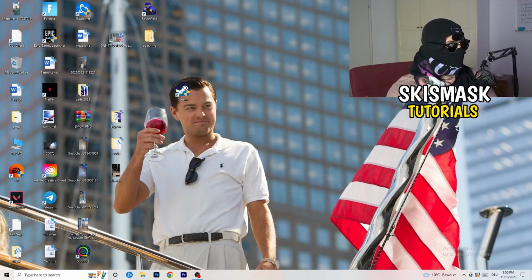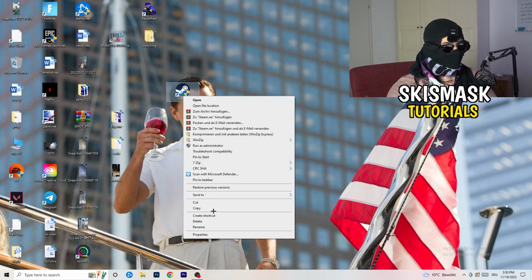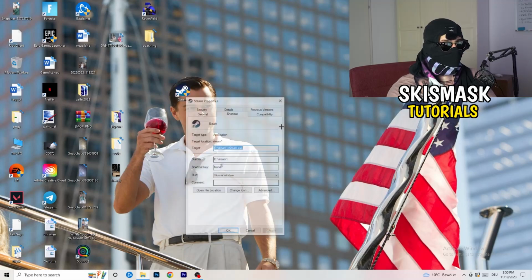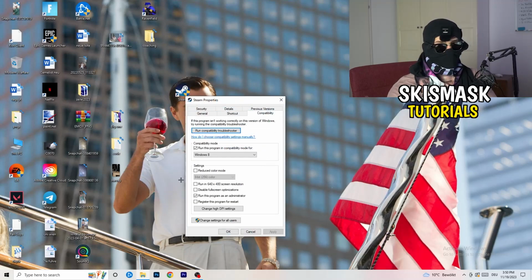If it doesn't, take your in-game shortcut on your desktop if you have one and do the same thing to it. So right click, run as administrator, or properties, compatibility, copy the settings,